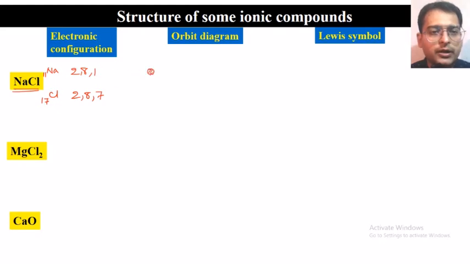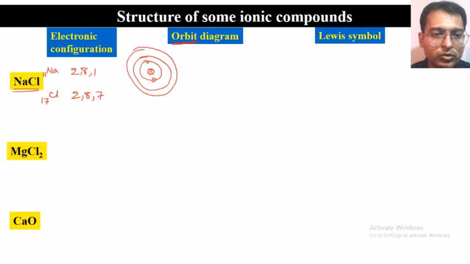Considering this is the atom, 1, 2, 3, three shells are there, so make three. You see, we are saying it is the orbit diagram, not the orbital diagram. Please use the term orbit diagram when we are talking about Bohr's structure. So now we have three orbits. In the first orbit there are 2, here there will be 8, 1, 2, 3, 4, 5, 6, 7, 8, and in the last shell there is 1 electron. This is how we will make it.